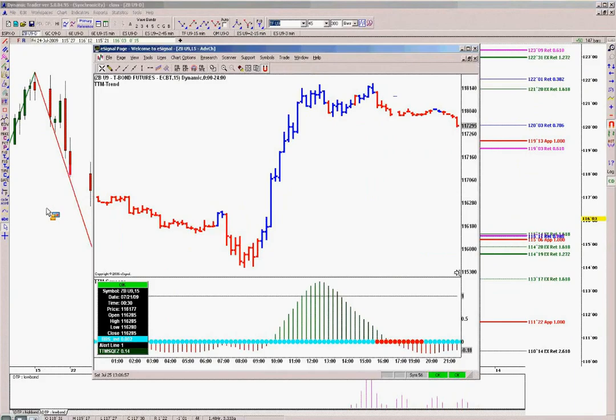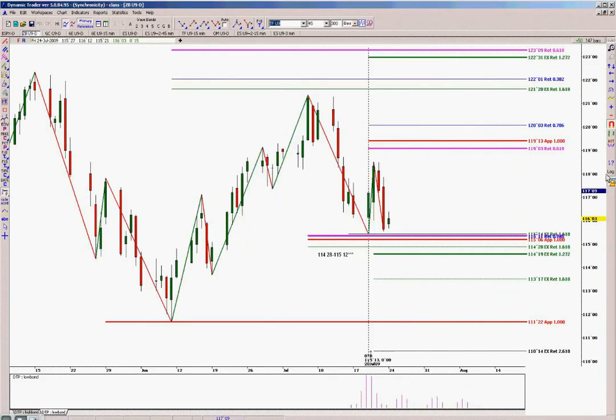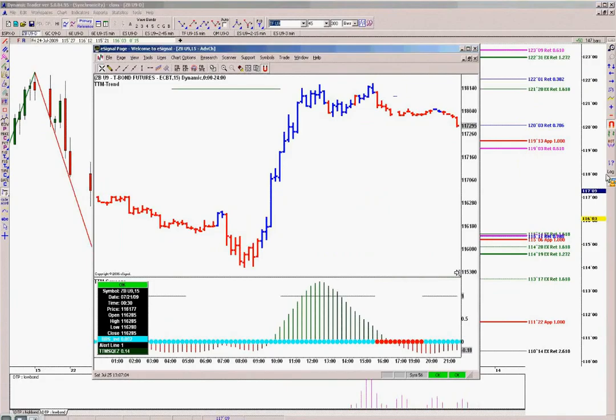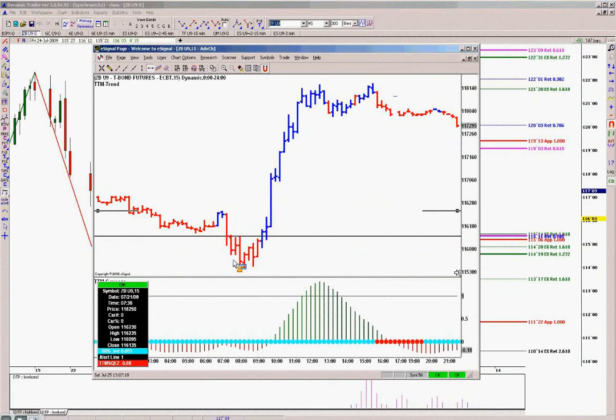Something to indicate a reversal. So I see a couple of different places. If the market was going straight down into this daily zone, you can't see the daily zone in this chart, but you know it's there. Once it started taking out some prior swing highs, you could look at the buy side.